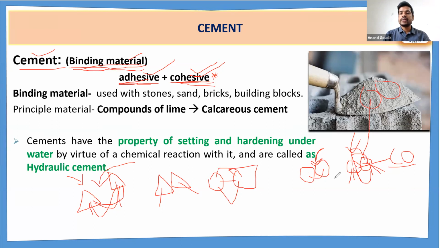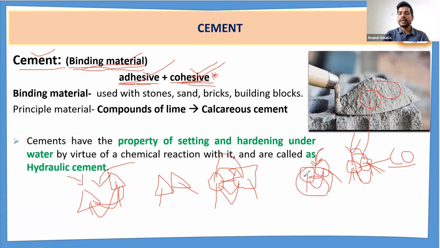Earlier we discussed the cement particles, right? This cement particle has the same properties as that cement particle. Likewise here, this stone has the same properties as this stone. But when you add water to these two stones, it is not going to develop any bond between them. Why is it happening? Because it does not have any cohesive property. But cement particles are going to bind. That is the difference between the binding materials.